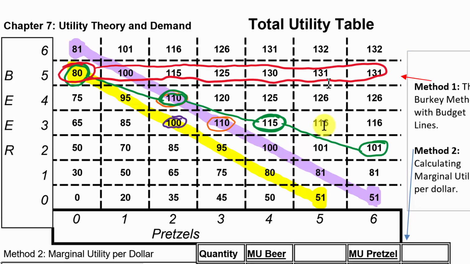I'll pick this one, 5 pretzels and 5 beers, although if the pretzels were just sitting there and it didn't cost anything at all and not even any effort, then this person might eat the 6th one, even though it's not going to really make them any happier. Let's just pick 5 beers and 5 pretzels as our prediction.